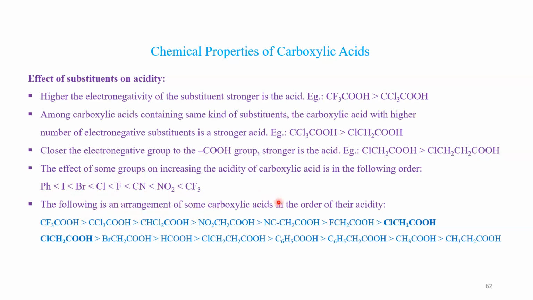So the following is an arrangement of carboxylic acids in the order of their acidity. CF3COOH is a stronger acid than CCl3COOH because fluorine is more electronegative than chlorine. This is a stronger acid than CHCl2COOH because this has 3 chlorines and this has only 2. This is a stronger acid than NO2CH2COOH because NO2 has a greater effect. And this is stronger than CNCH2COOH, which is stronger than FCH2COOH, stronger than ClCH2COOH, that's stronger than BrCH2COOH, and this is stronger than HCOOH, and this is stronger than